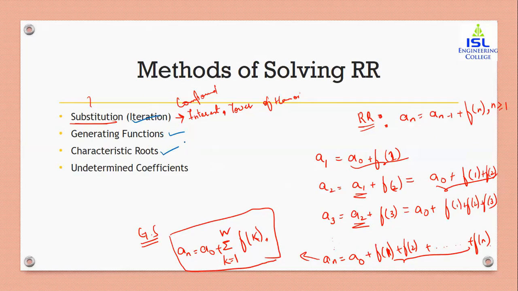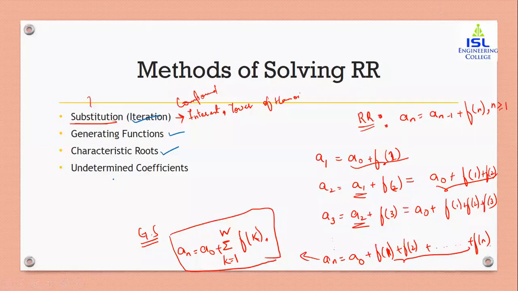Now, with respect to all these methods, generating functions and characteristic roots are very, very important. Usually, whenever you get a homogeneous recurrence relation, it is always better to use characteristic roots if there is no method specified in the question. If in your question it is specifically mentioned to use generating functions, then use generating functions. Otherwise, the characteristic roots method is very simple. And also, make sure you understand all these topics because these are very, very important for 7 marks. That is your LAQs.